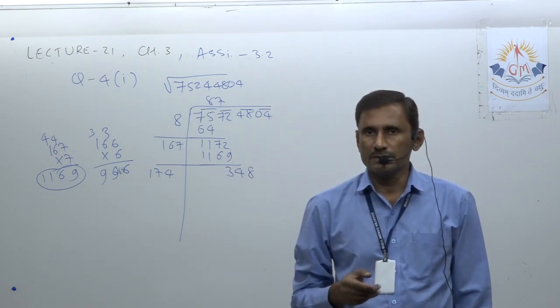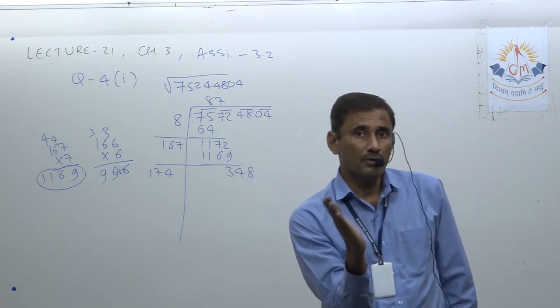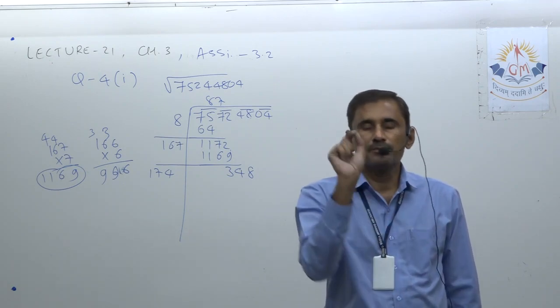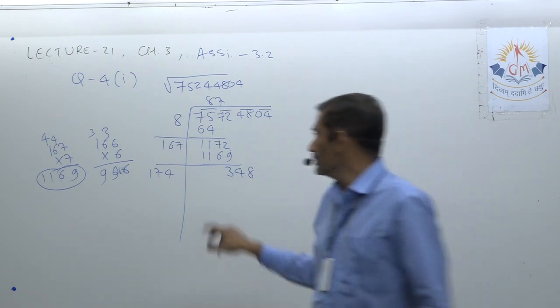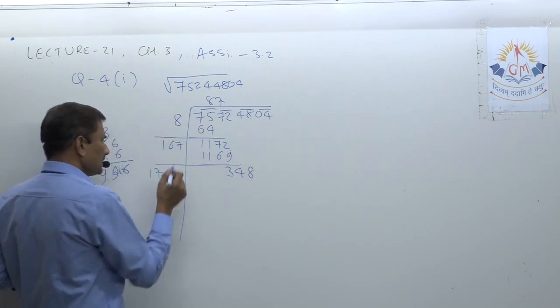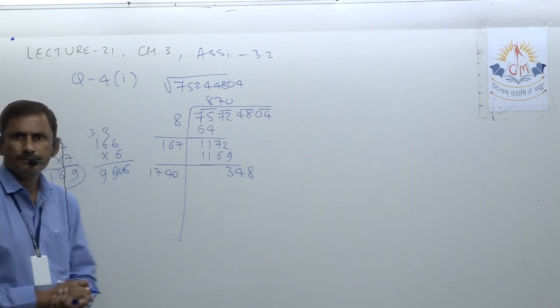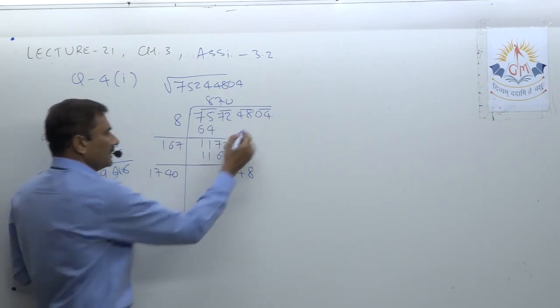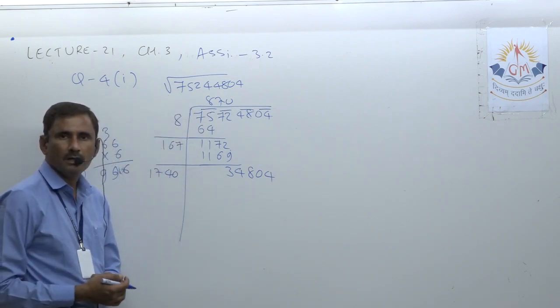If division is not possible, you can bring the second digit also. But before bringing the second digit, you should place 0 at the quotient. So here at a time, I cannot bring 0 four also. So let's write first of all 0 here, 0 here. Understood? Now I should bring that one also here. And now I can go ahead.